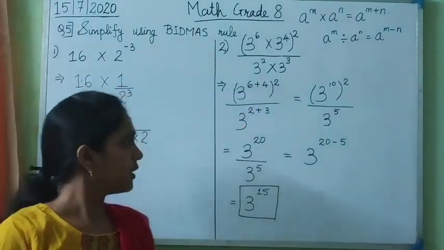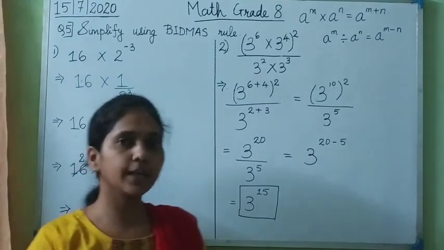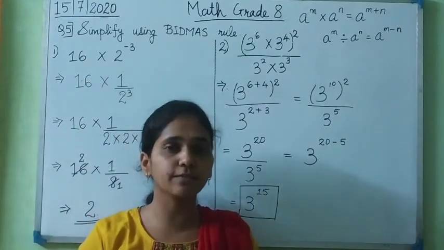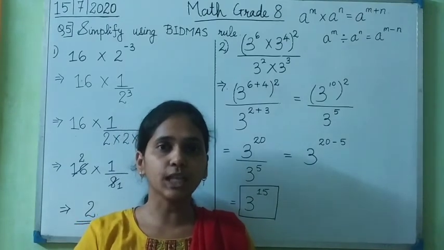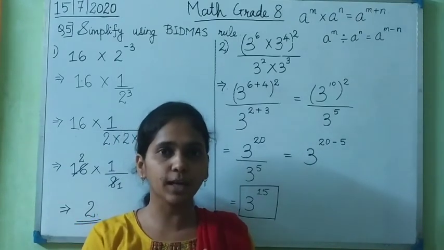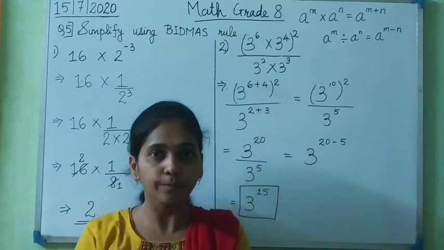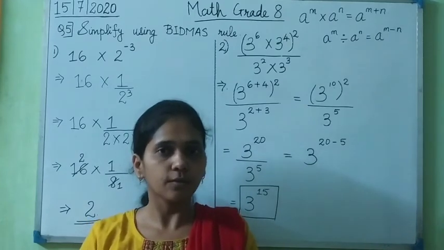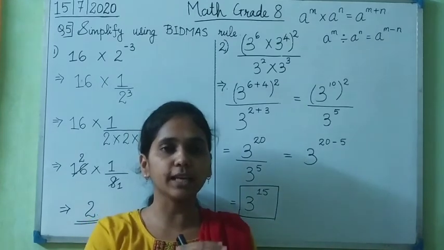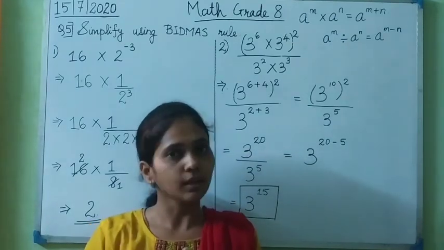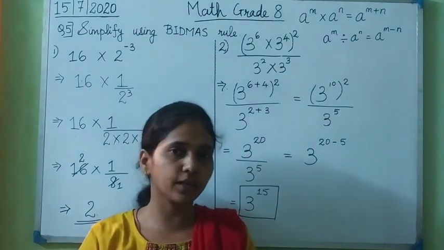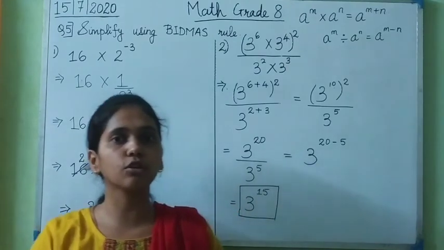Everyone has understood this? So this was all about today. In today's class, we have studied the third and the fourth law of indices. The third law states that if any number is raised to the power 0, then its value is equal to 1. And the fourth law was if any number is raised to a negative power, then we write it as 1 upon the number raised to the same power. So these were the third and the fourth law of indices.